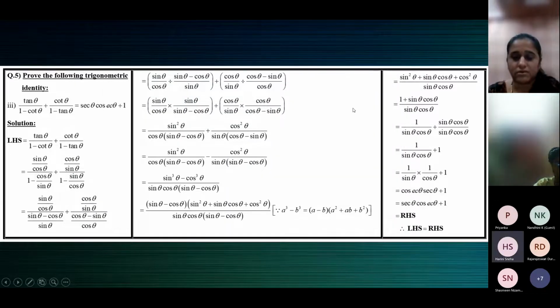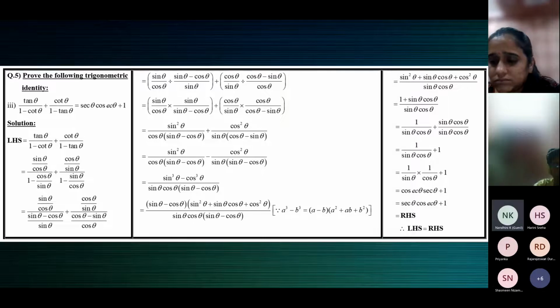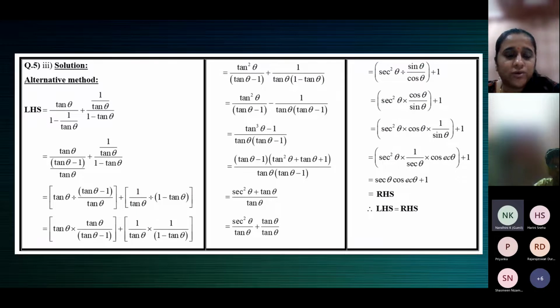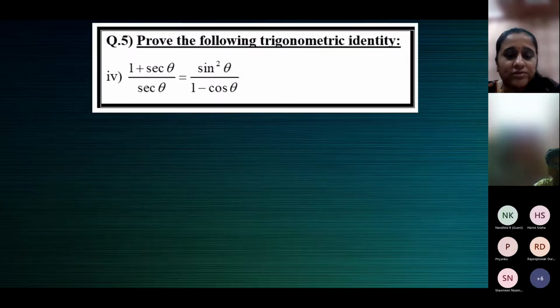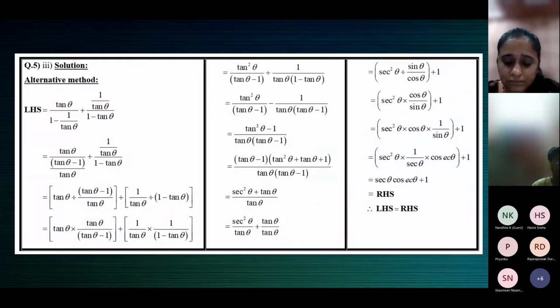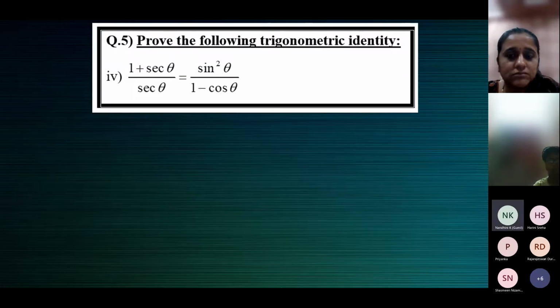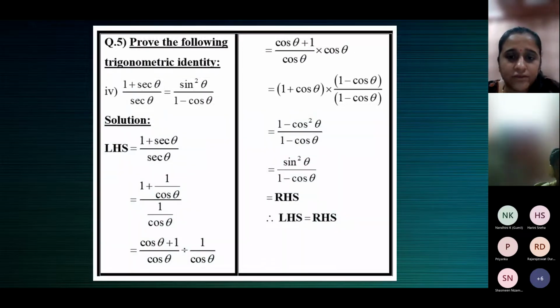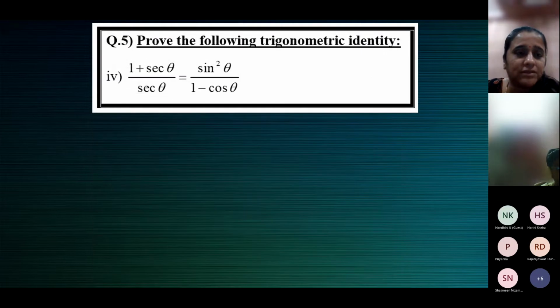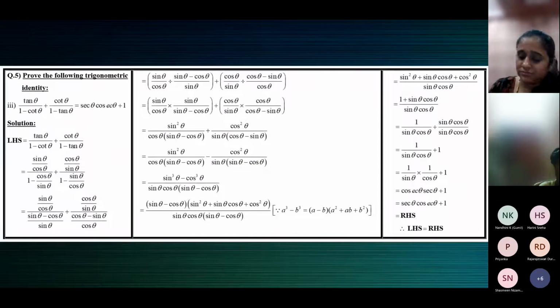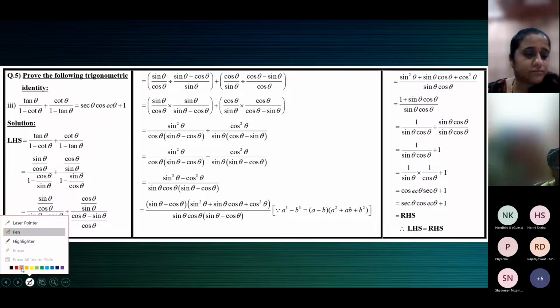Ma'am, from the 5th one only, ma'am. 5th one, or this one? Ma'am, you explained this, but you didn't explain the alternate method for this third subdivision, ma'am. Very good. So we have to continue from the 4th one. Is it after this? Okay, Nandini. Fine. Let me do the alternate method. Yes. So here, thank you, Nandini. Fine. So here, children,